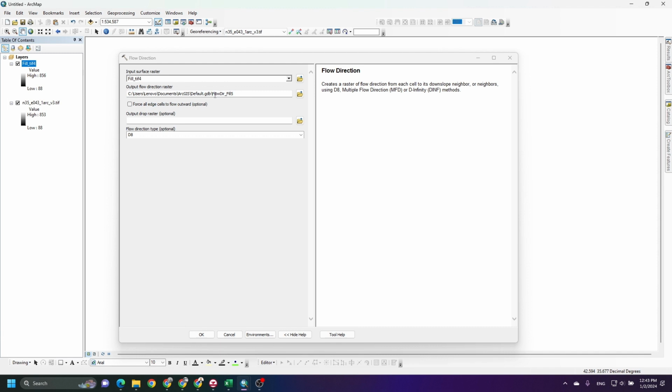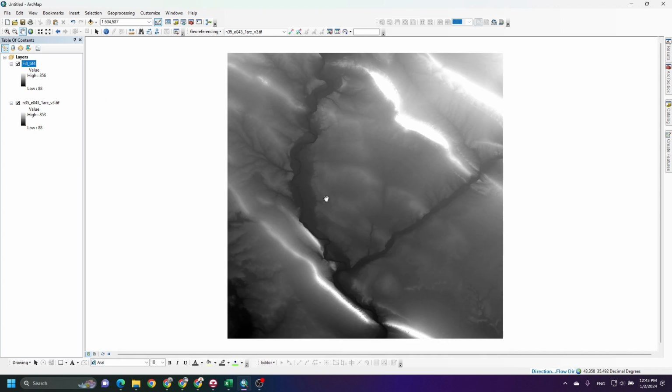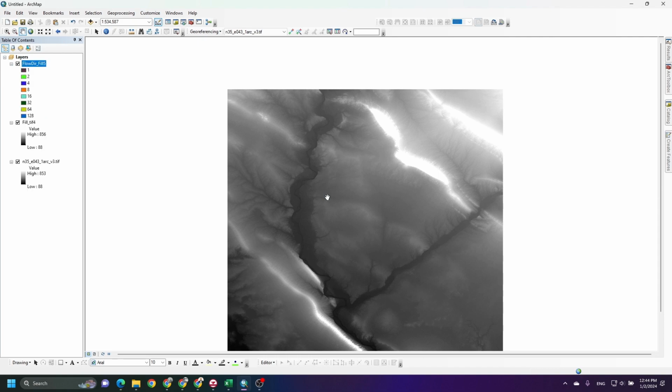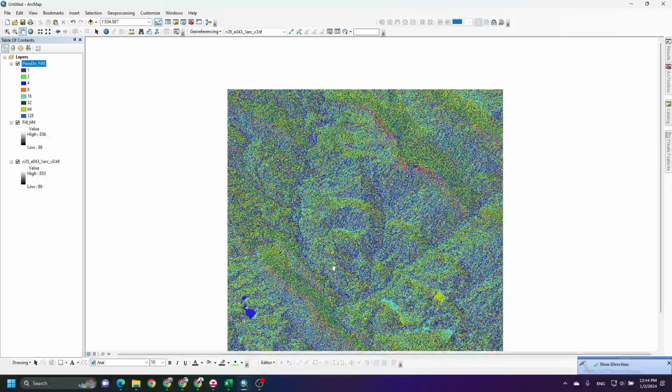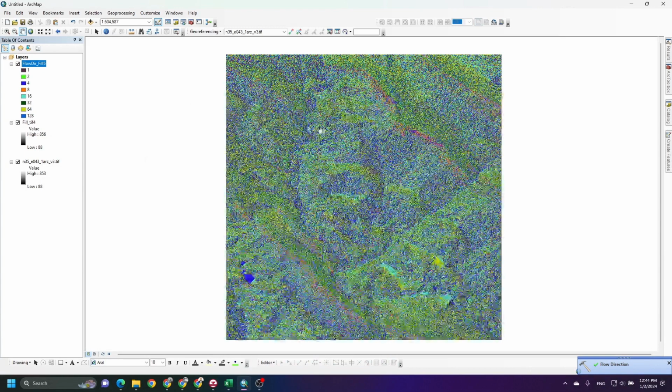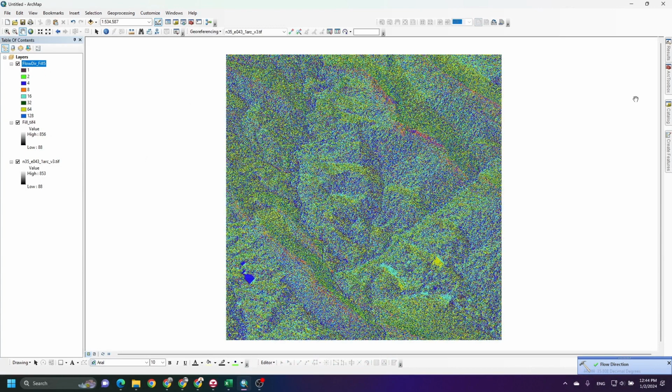Then you can change the path same as previously, or you can leave it like this. Waiting for a while. The flow direction was successful.